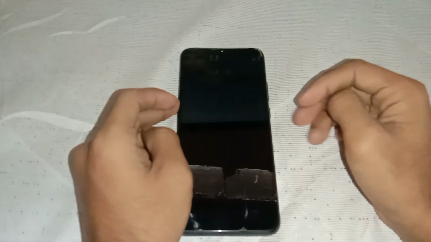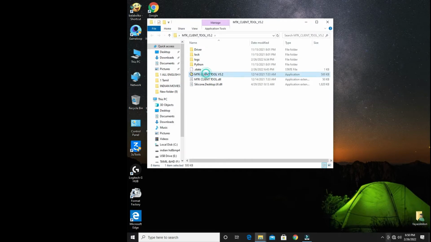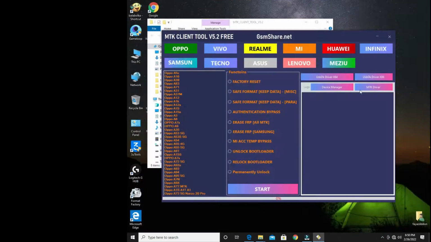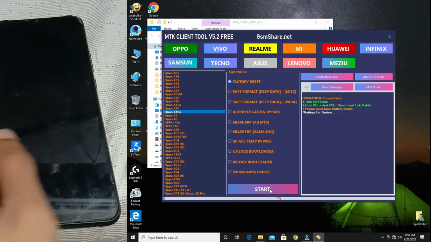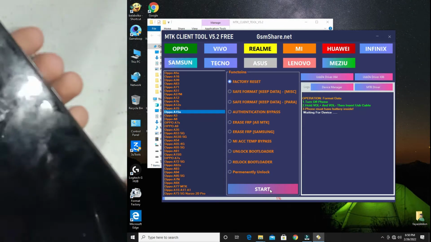So let's begin. First of all, you have to power off the device. Go to your computer screen. Now launch MTK client tool, and now all you have to do is select your device and the action you want to perform and click start. Now you have to connect your device while holding both of the volume keys